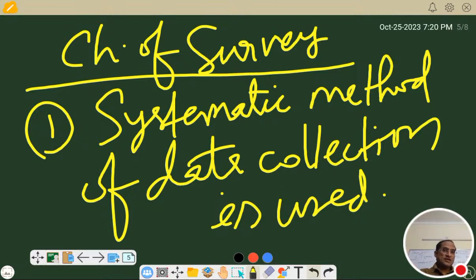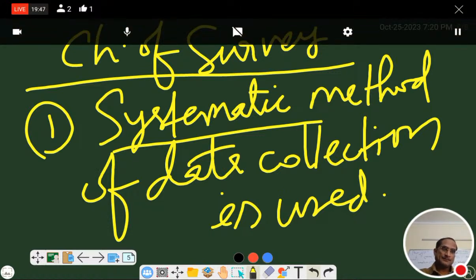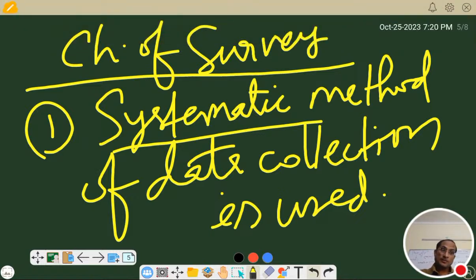What is the meaning of systematic method here? What is systematic? The study is done in an organized manner, where not only are the participants asked questions which are defined properly, which will lead to a particular conclusion,